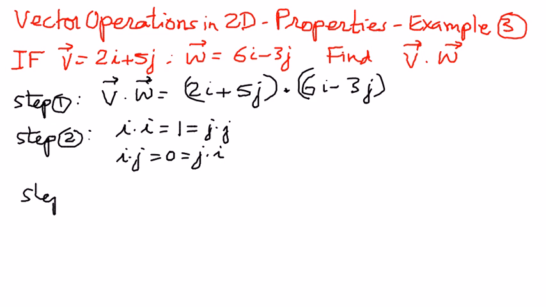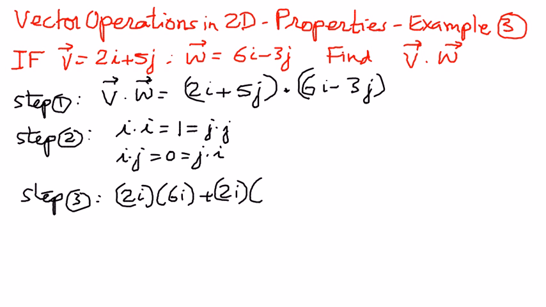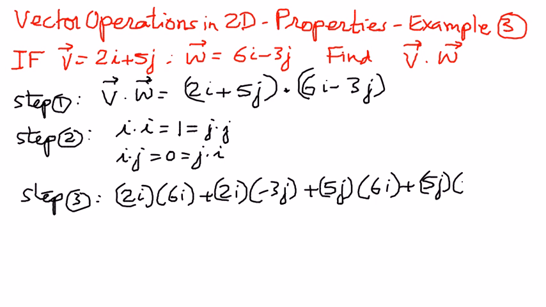So in step number 3, we're going to expand this and see how we can simplify this. 2i times 6i plus 2i times negative 3j plus 5j times 6i plus 5j times negative 3j. As we can see, i dot j is going to go to 0, j dot i is going